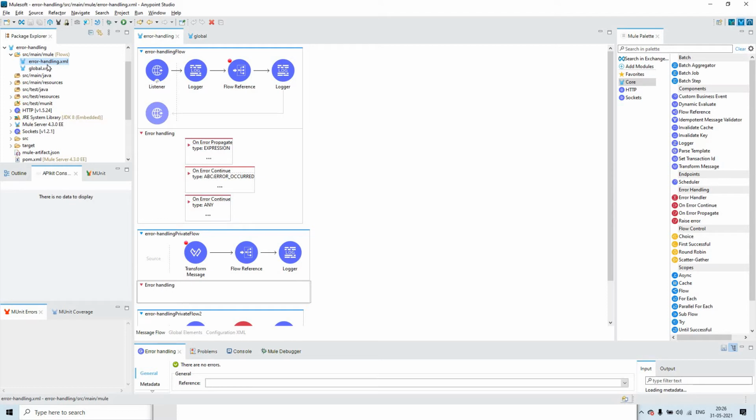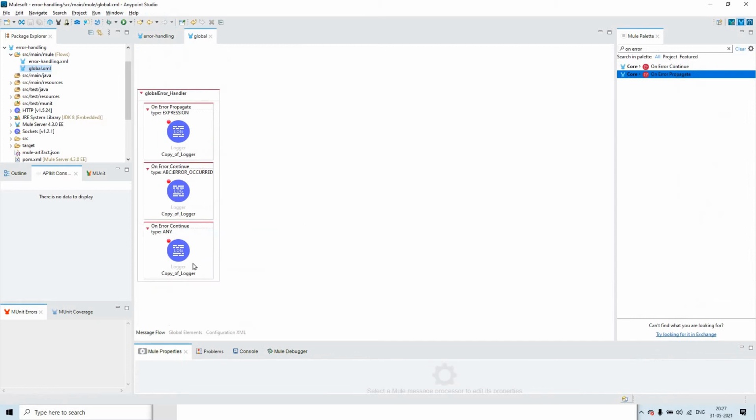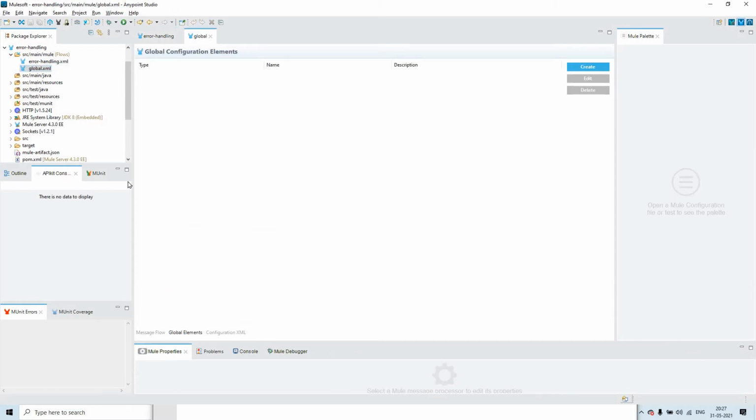Now, in order to utilize a global error handler, you have to put it in another Mule configuration file, which is a good practice. In global.xml we'll configure the global error handler, as well as put all the configurations related to your project in these global elements.